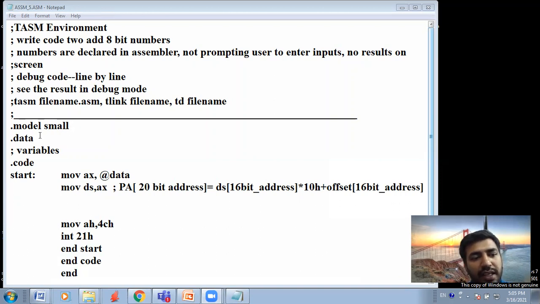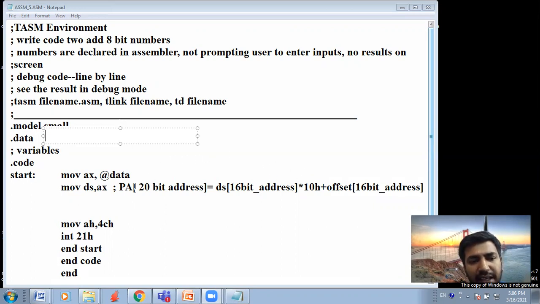In the same way, in this section you will be deciding the different variables you are going to use, .data, and there is a variable here in this section. You are going to define variables which are going to take a memory location, and then .code start. This is the part for data segment initialization, and I don't want to stress upon the physical address and logical address.